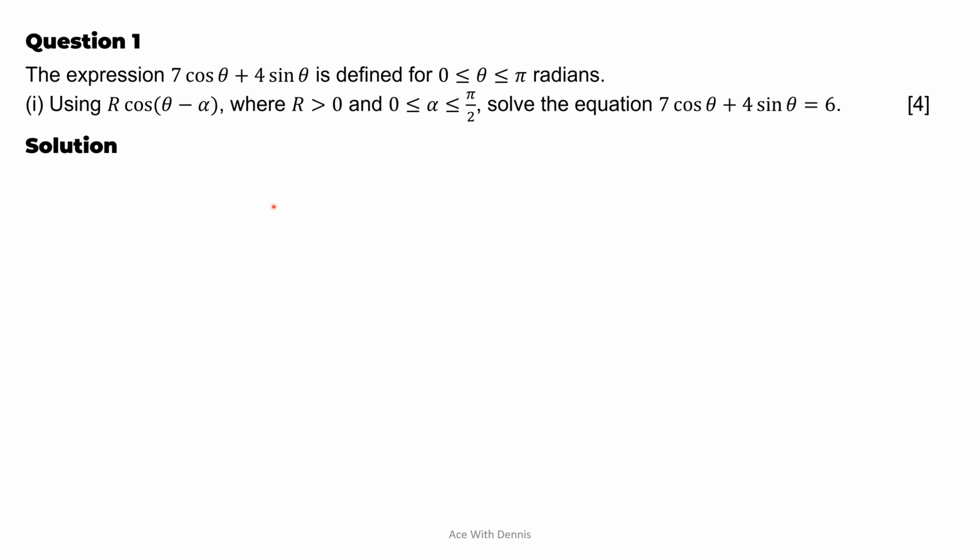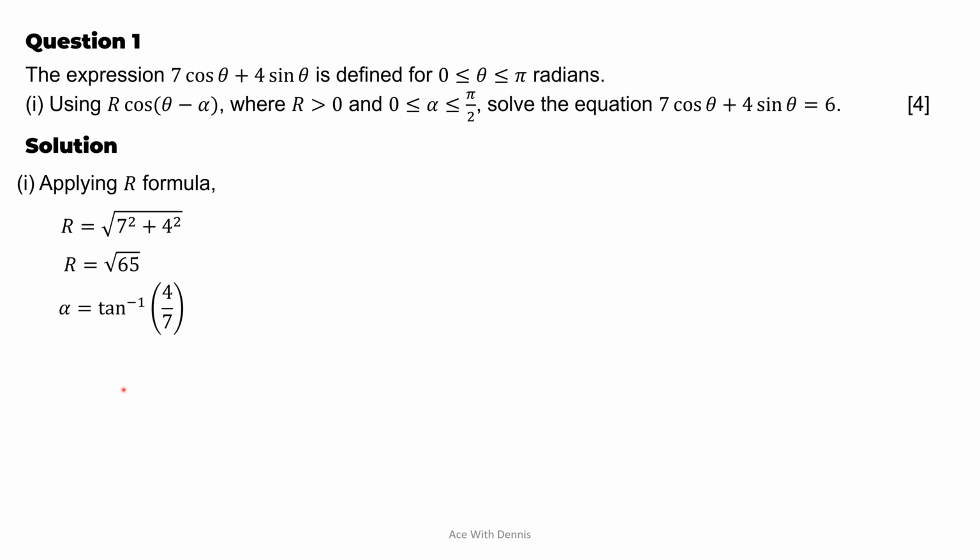Okay, so here's the solution. Obviously, when you look at the question, we have to convert this expression into the r formula in the form of r cosine theta minus alpha. Therefore, applying the r formula, we get the r value, which is square root of 7 square plus 4 square. We get square root of 65. Then we can also find the value of alpha, which is inverse of tangent 4 over 7, and the value of alpha is